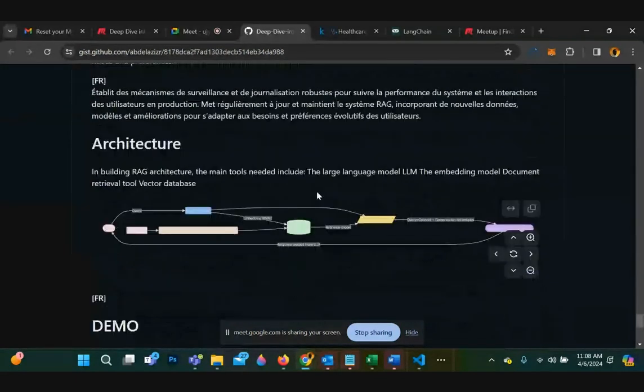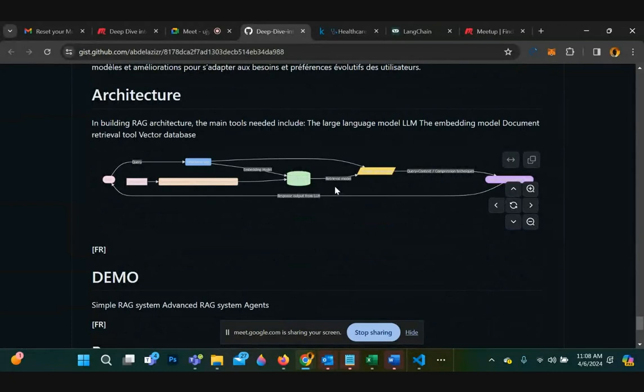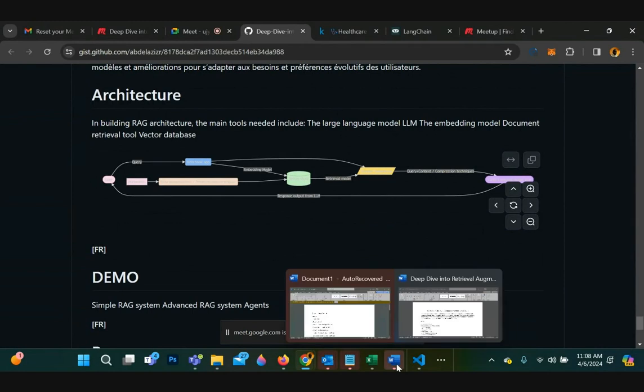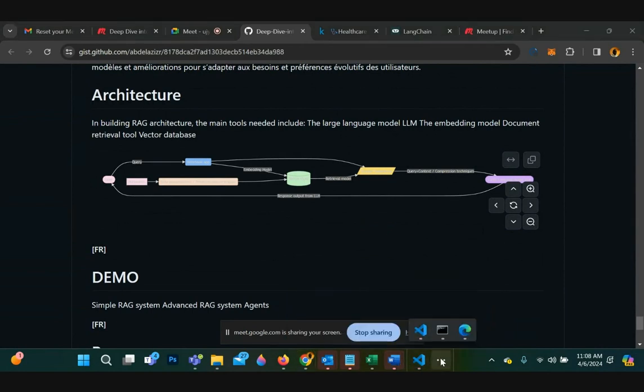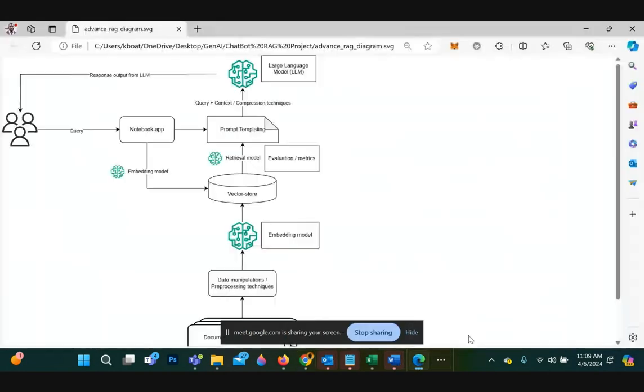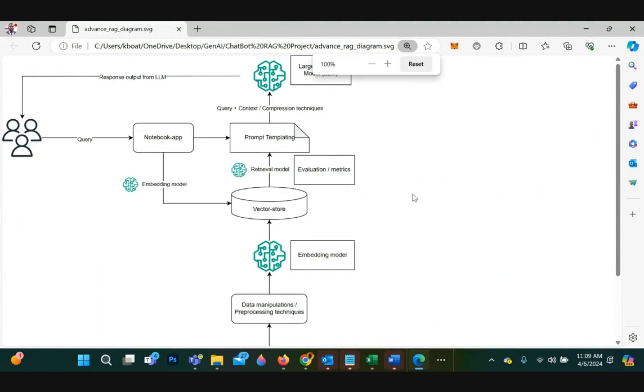So now we get into the architecture. All right, can you all see?